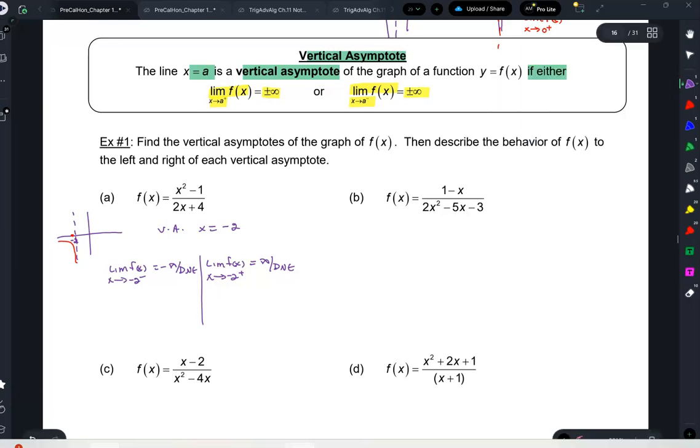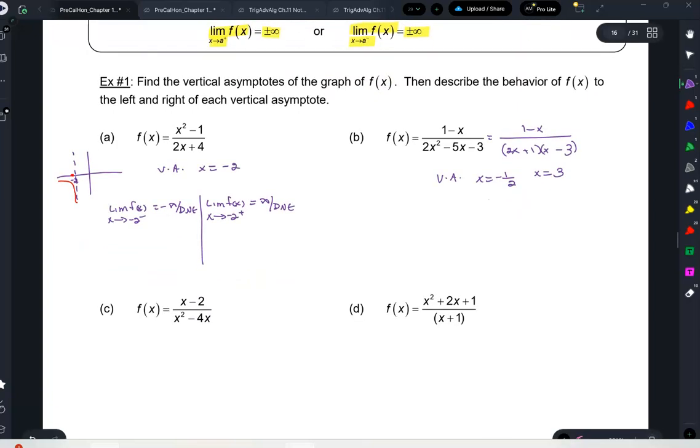Let's factor, right? How does this factor? 3 here, negative, plus 1. Is that right? Yep. Okay, so there are definitely vertical asymptotes at x equals negative a half and at x equals 3. So at x equals negative a half,